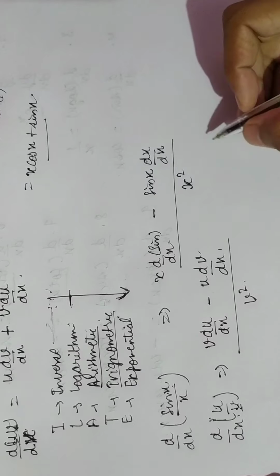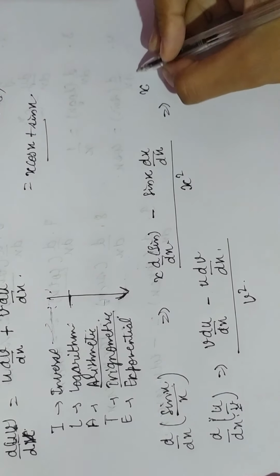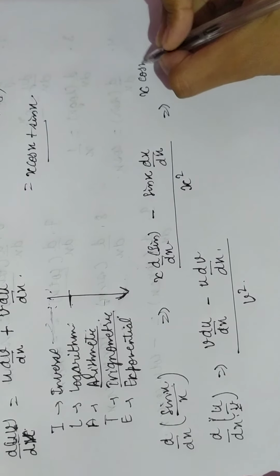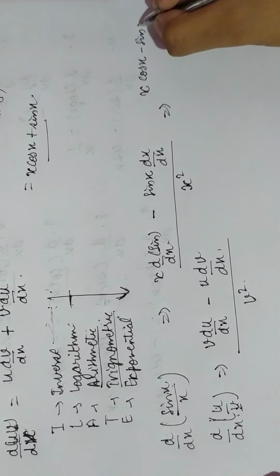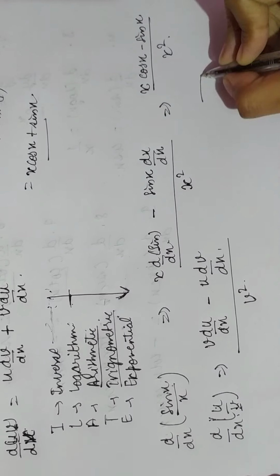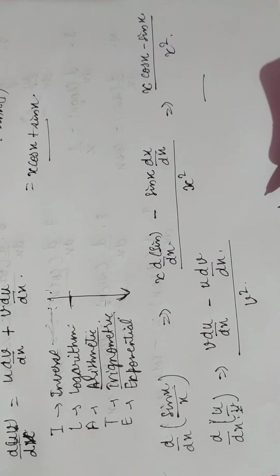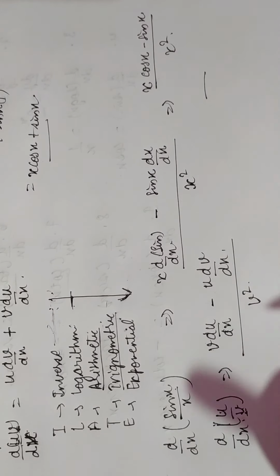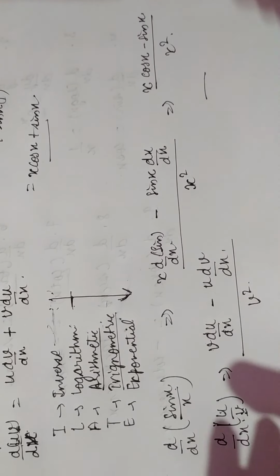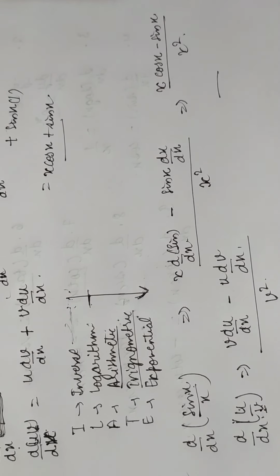The square of the denominator function. So what we get is x, and we already know the differentiation of sin x is cos x, minus sin x divided by x square. Okay, so both these types of functions should be clear to you, all the students. Now, okay, this was all about the basics of differentiation. Okay, so thank you. Next we will be discussing in the next lecture.